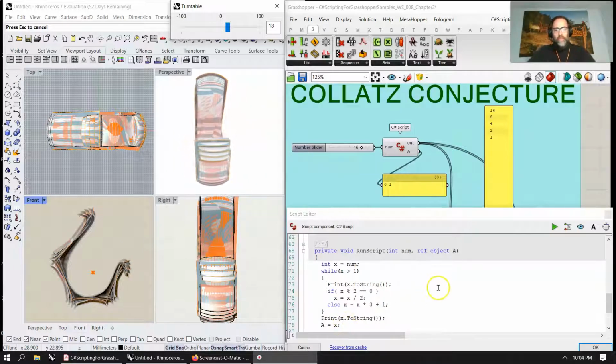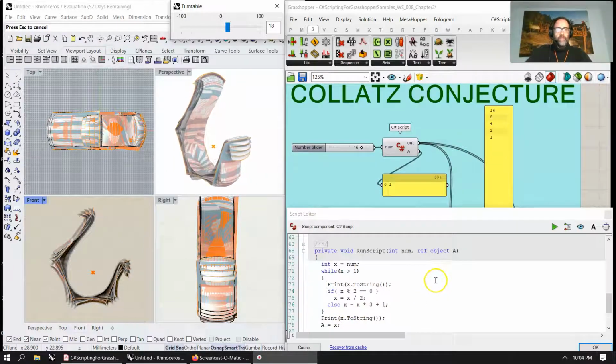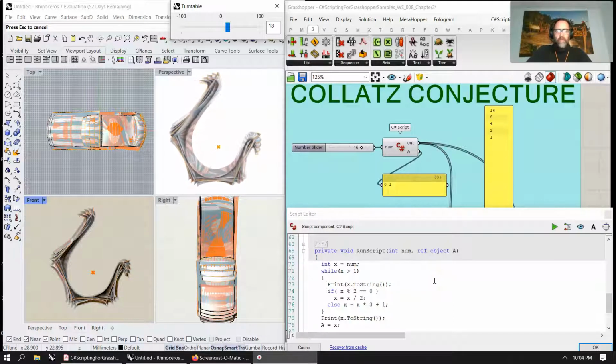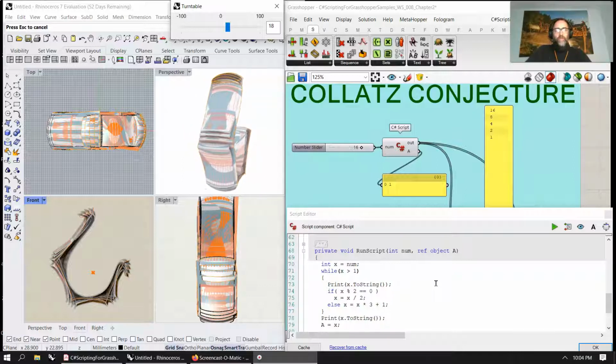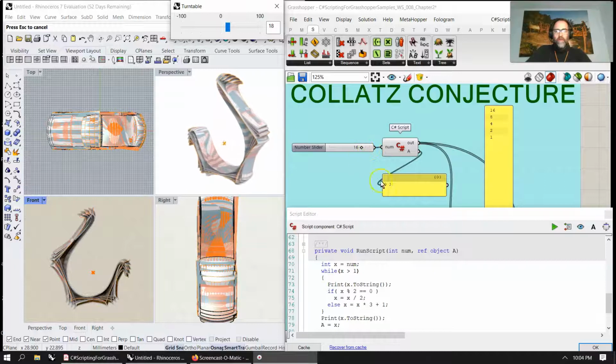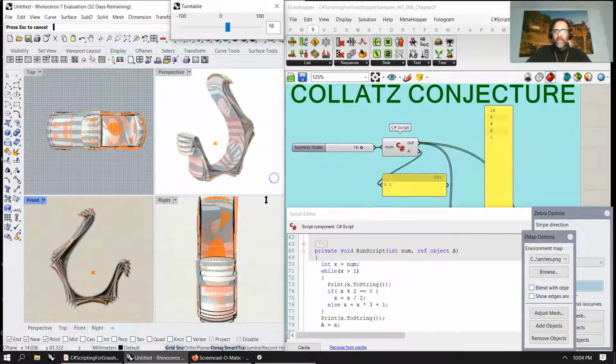It's pretty amazing. It's a script that says take any integer above 0. If it's even, cut it in half. Get that number. If it's odd, triple it and add 1. And keep doing that until it reduces itself to 1. So the script takes a while to run, but what I've done is use that data to take off all